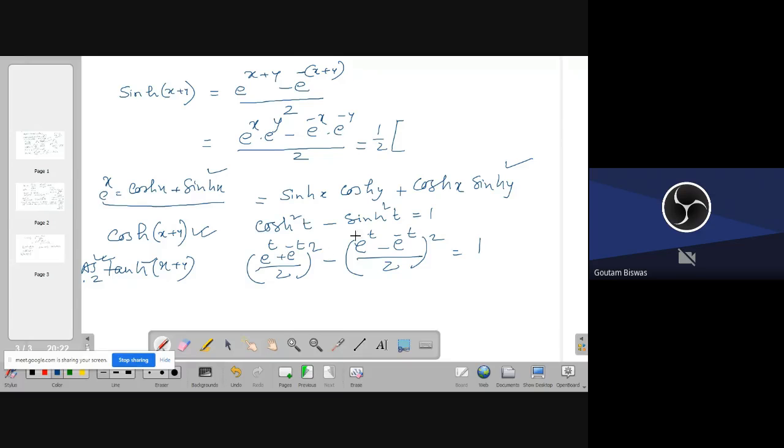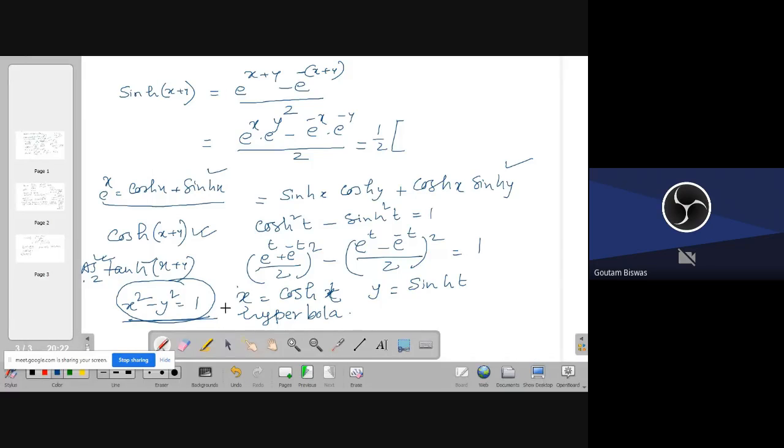Now you see, let x equal cosh t and y equal sinh t. So what will this equation be? This equation will be x square minus y square equals 1. What is that equation? It is a hyperbola. Is not it? As you have read in higher secondary course, this is a hyperbola with center at